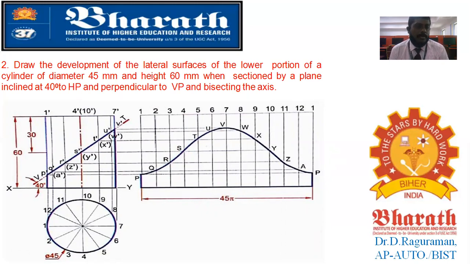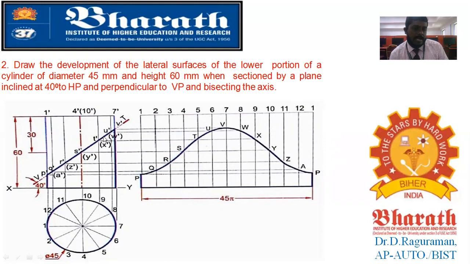So now you make it rest on the ground, and then you cut it by a plane inclined at 40 degrees to HP. We know that inclined to HP, it always comes above XY, and the condition given is bisecting, so at half of the distance. You are cutting at the half of the distance, and in the top view itself you make 12 divisions. Make it into 12 divisions, and the respective projectors you will draw as respective generators. These generators are helpful for identification of the cut points.